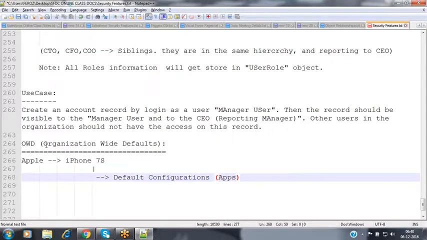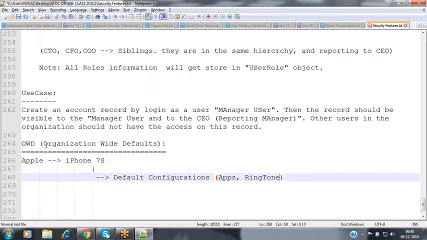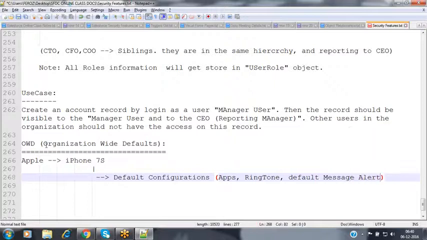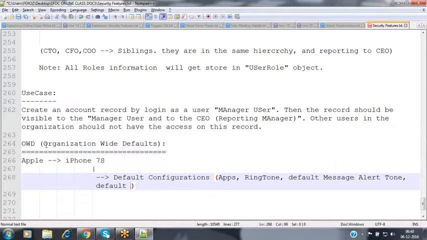Like some default applications, by default they are providing a set of applications ready-made installed, and they have specified the default ringtone, the default message alert tone, the default wallpaper and the default theme.